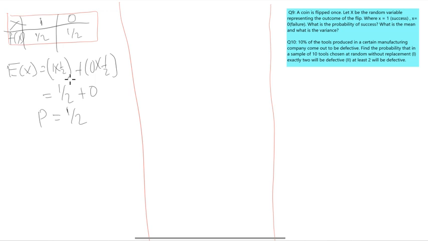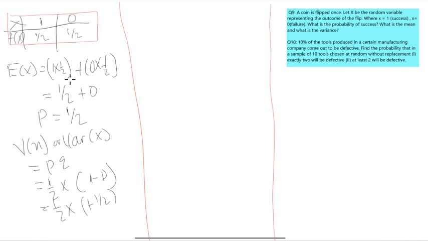So now we're going to find the variance. Now the variance, which is V of x or Var x, anyhow, is going to be equal to pq, where q is representing the probability of failure. So this is just going to be 1 over 2 times the probability of failure, which is 1 minus the probability p. Basically, q is equal to 1 minus p. As this p is 1 over 2, we are going to have 1 over 2 times 1 minus 1 over 2, which is going to give us 1 over 2. So this is going to be 1 over 2 times 1 over 2, which is 1 over 4, or